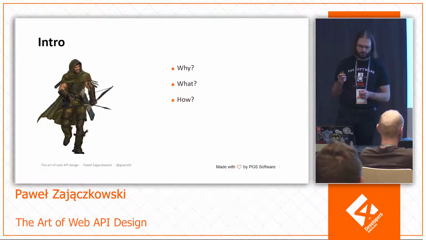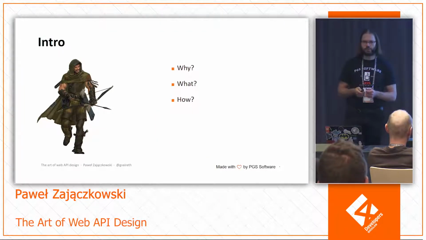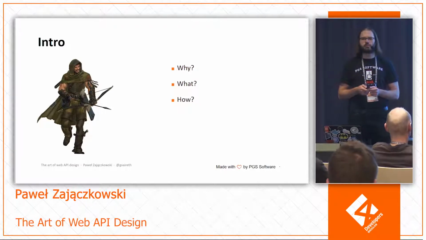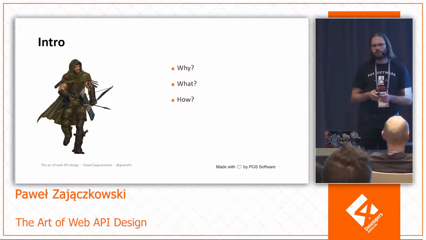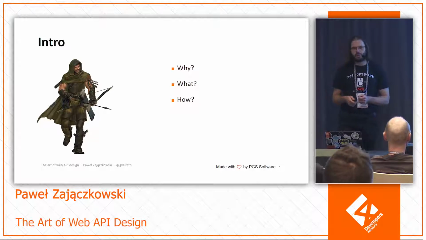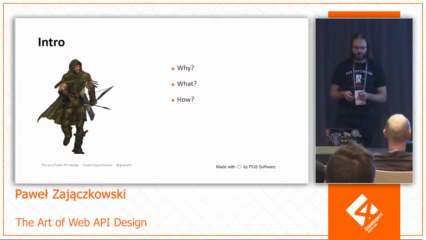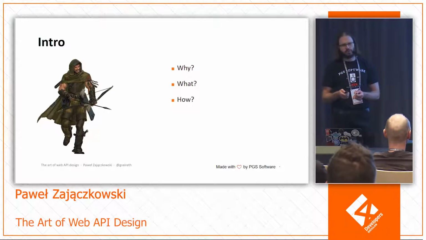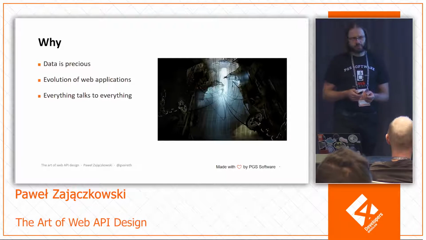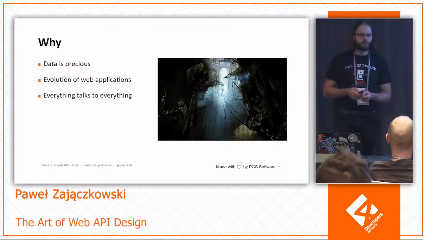Okay, so the beginning. There was a guy in marketing by the name of Simon Sinek, and he wrote a book, Start With Why. And indeed, when we are starting any adventure, whether this is designing an API or throwing a ring into Mount Doom, it's good to have an idea why we are doing this in the first place. And then what are we actually doing and how to do that. So let's briefly look at those 3 questions. First question, why? That's kind of simple, for money. We do that for money.